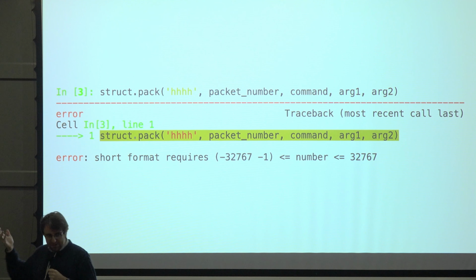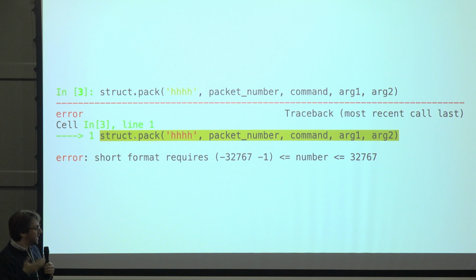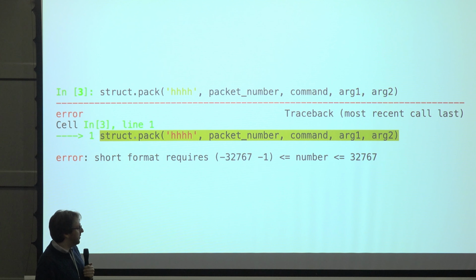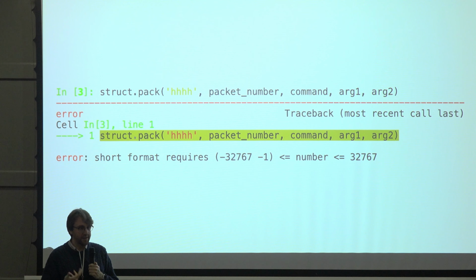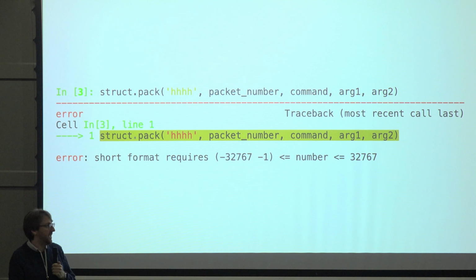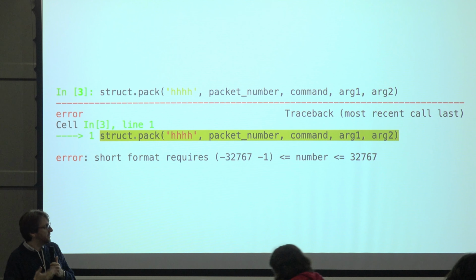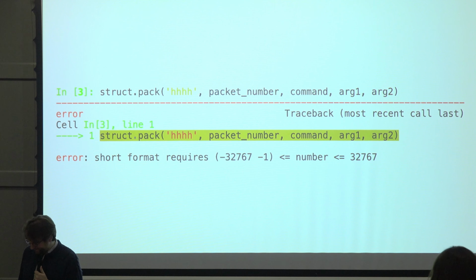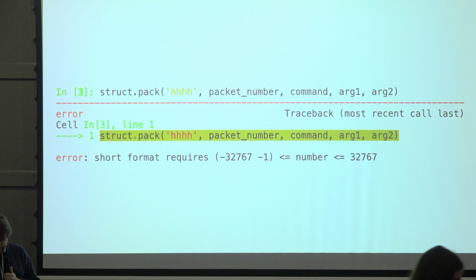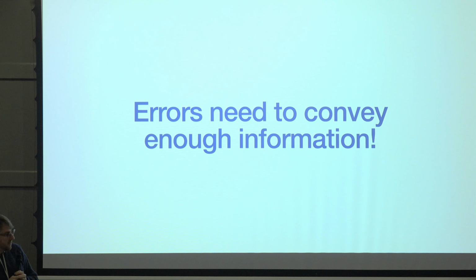Now, I'm being slightly unfair to struct here. It's not a bad error message, but with all the context available, with what I was needing to do, this fundamentally did not tell me enough to be able to fix the problem. I had to go and do a whole bunch of digging. I couldn't rerun this locally. I had to dig because I was not being told the information I needed to know. And that is fundamentally the thing about errors.